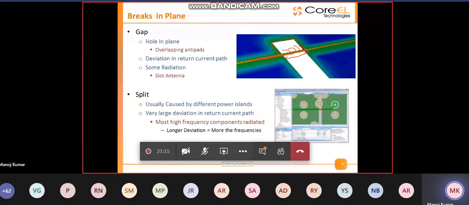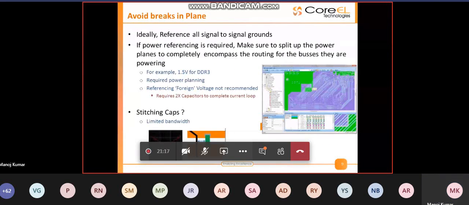Okay, so the challenge is how do you avoid breaks in a plane, right? So ideally speaking, you can just have a solid ground reference plane beneath the signals which you're routing, and maybe you can have power plane references attached to the high speed connections.